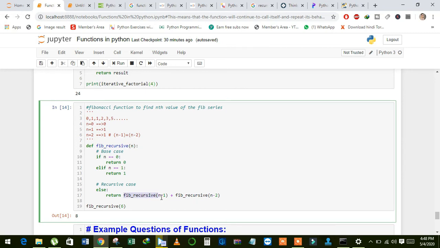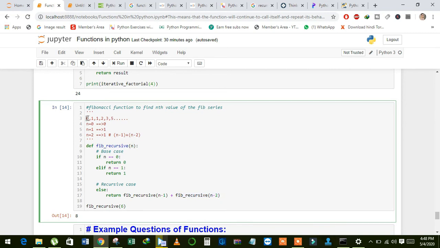See here, in return I called the function fibRecursive, and now I have given the argument n minus 1, plus fibRecursive n minus 2. Now I will explain what is meant by n minus 1 and n minus 2.